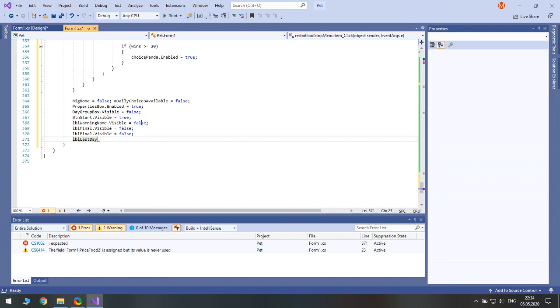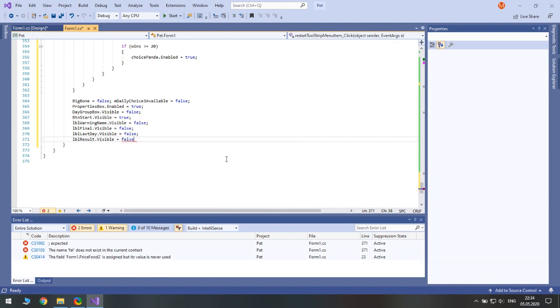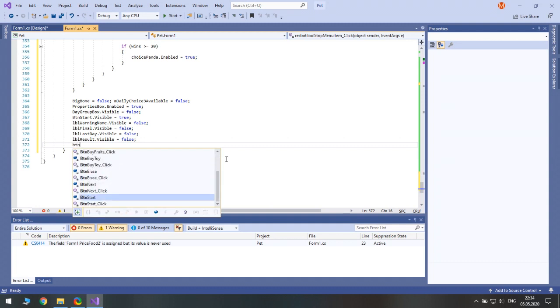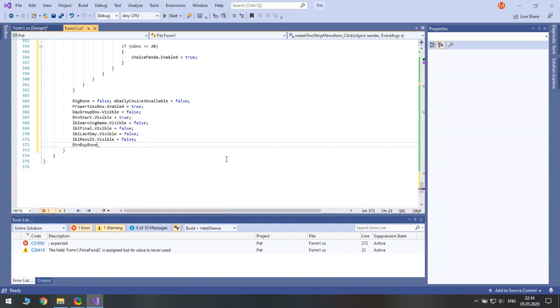Oh, I duplicated it. So label last day visible equals false. Label result, visibility should be false. Also, we should update that we have not bought anything yet, so button buy bone enabled equals true.